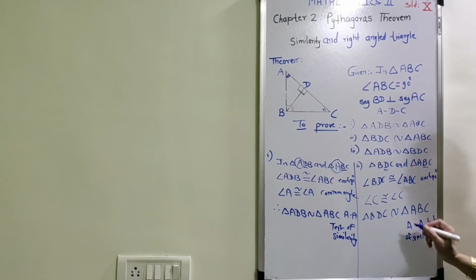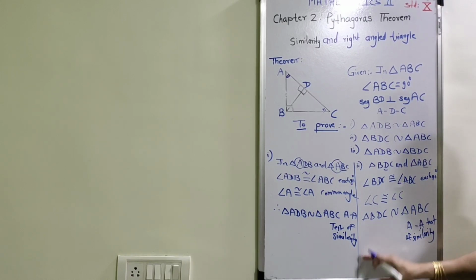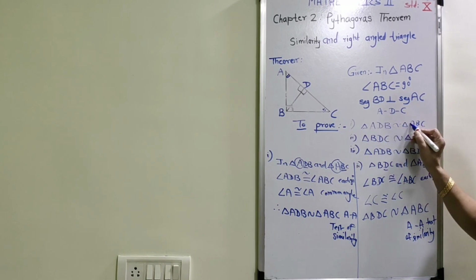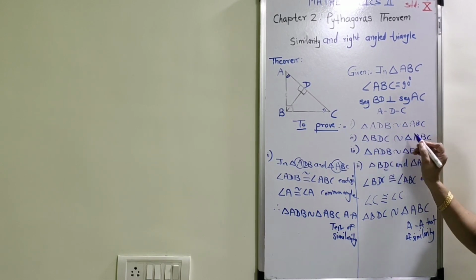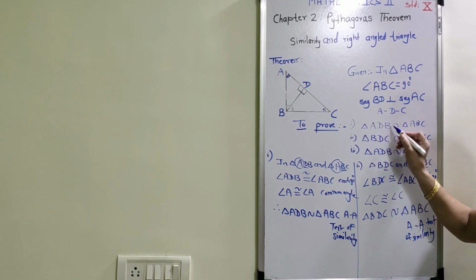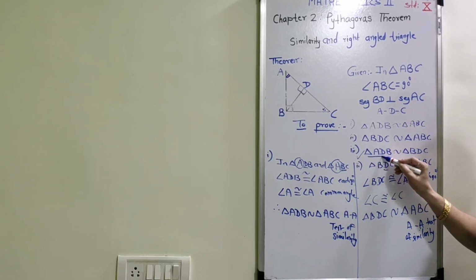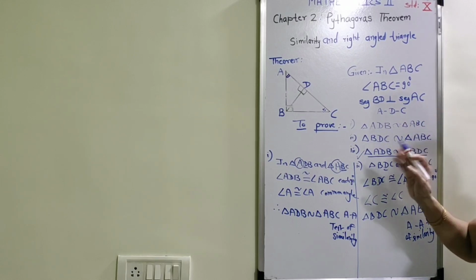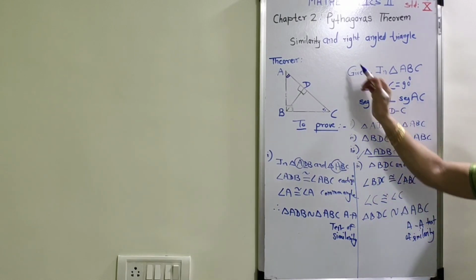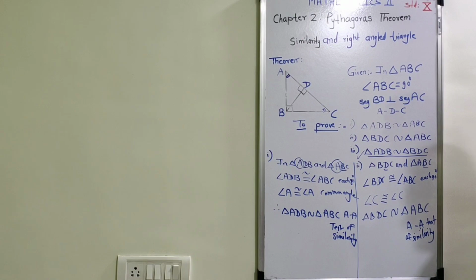Now, we have already learned the property of transitivity, that if the first triangle is similar to the second one, and the second one is similar to the third one, then at that time the two triangles must be similar to each other. And by the property of transitivity, our next and final conclusion is that both the triangles are also similar to each other. Now, this is the most important property related with similarity and right angle triangles.